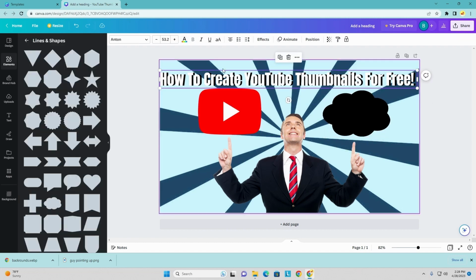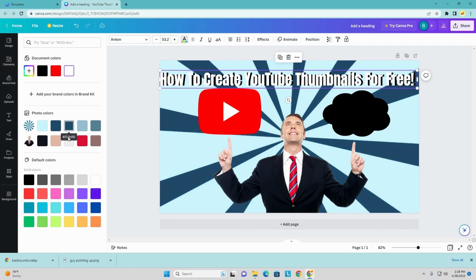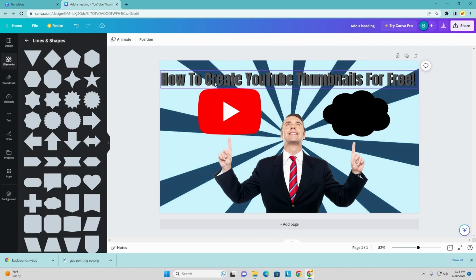You know what, thinking about it, I am going to go ahead and change the white to make it a different color just because it looks a little hard to read. I went ahead and changed my other title to gray just because the white was making it a little bit harder to read. So yeah, after you guys have your other shape you guys would want to use,